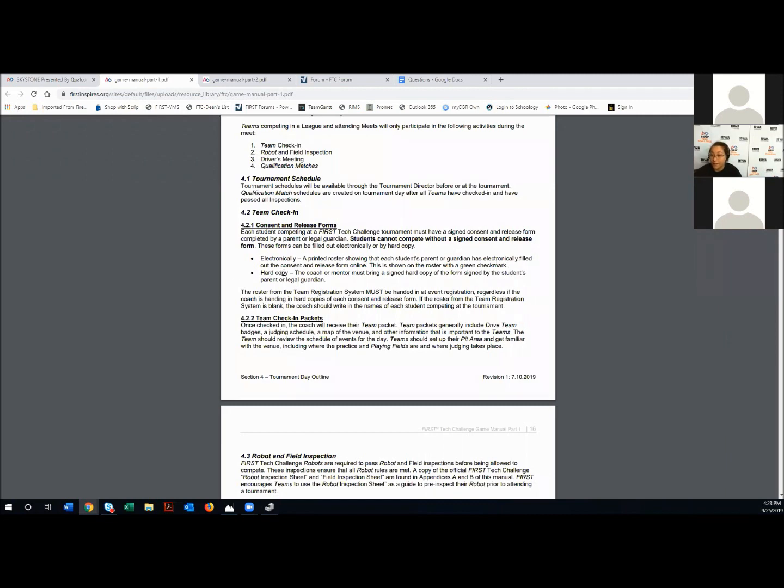If you have hard copies, the coach or mentor must bring a hard copy of the form signed by the student's parent or legal guardian. The roster from the team registration system must be handed in at event registration, regardless of whether the coach is handing in the hard copies of each consent and release form. If the roster from the team registration system is blank, the coach should write in the names of each student competing at the tournament. So, to summarize, you need the roster from the team registration system,